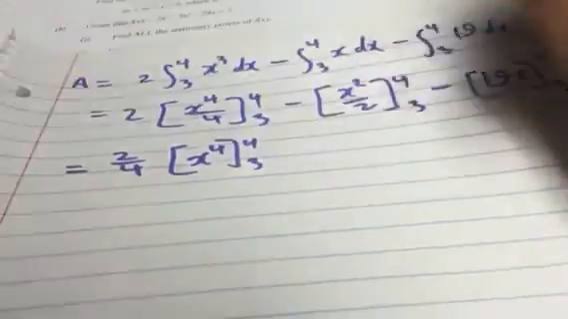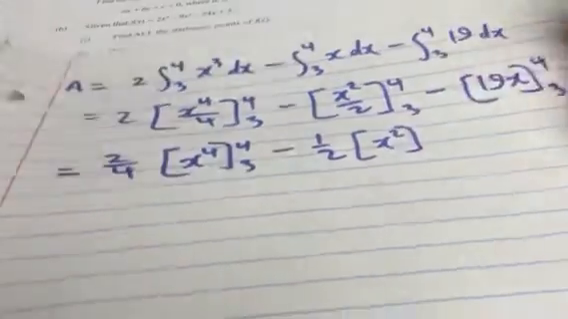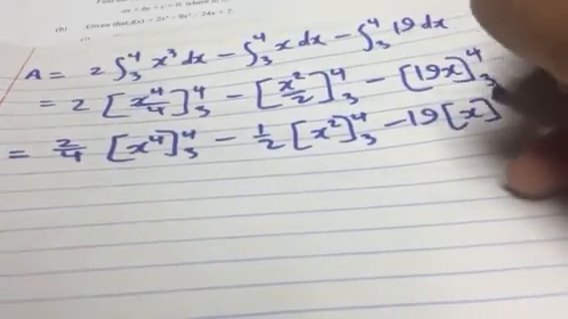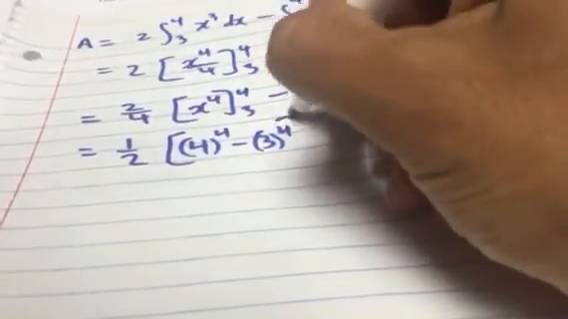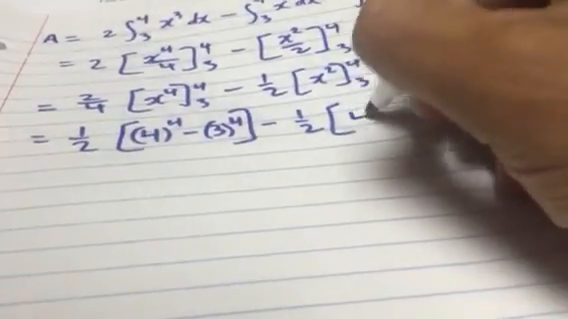So that is going to be, I'm going to take the 4 out here, so this will be 2 over 4, which is a half, x to the 4 between 4 and 3. I'm going to take the half out here, x squared between 4 and 3, and I'm going to take the 19 out from here. That's going to give me a half by 4 to the 4 minus 3 to the 4, minus a half, 4 squared